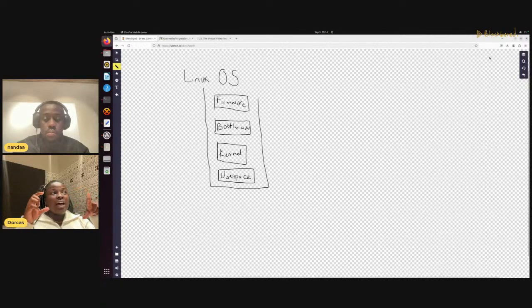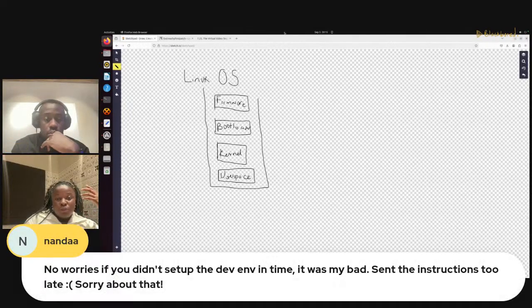The kernel has different parts that you can contribute to. Sometimes there are projects that focus on the kernel, and then there are projects that focus on connecting the kernel to user space, so they sit in between. But today we're just going to see how to submit a patch, because for you to be able to work on the kernel, you need to be able to know